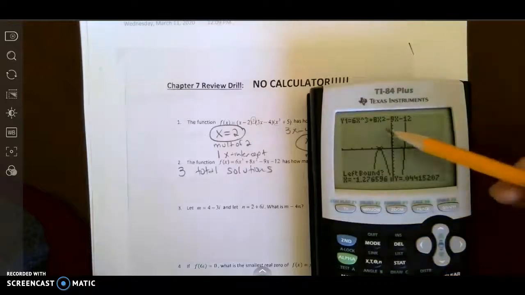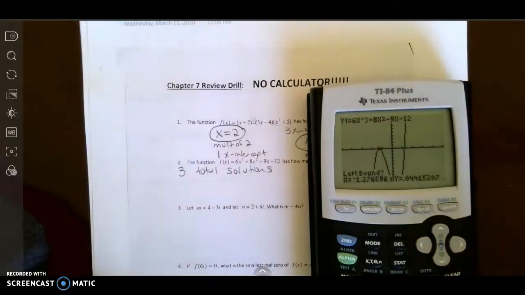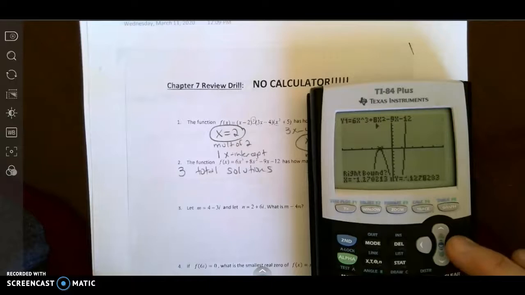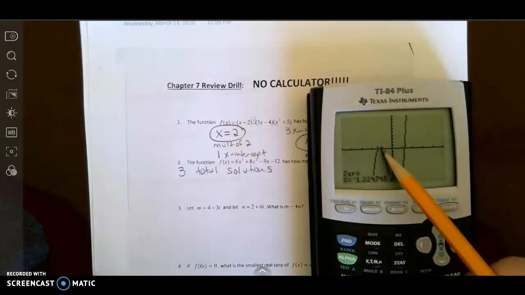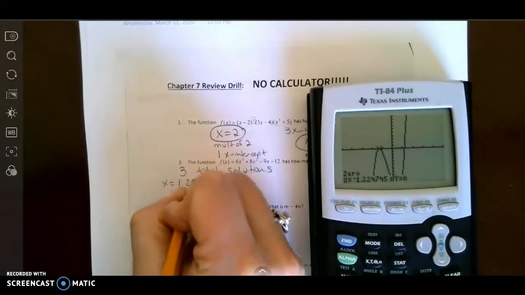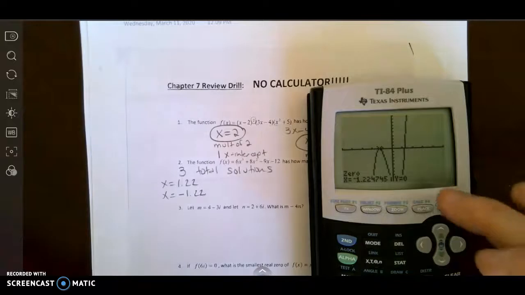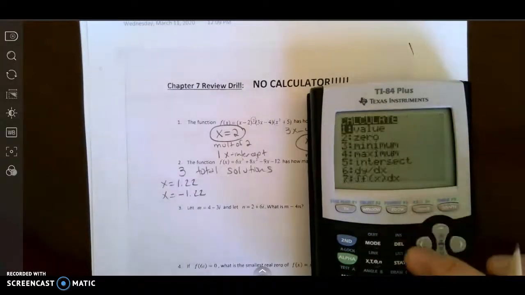Look, it went up to the positive. So that's to the left and above, right and below, and negative 1.22. So far I have x equals 1.22, x equals negative 1.22, and then second trace,